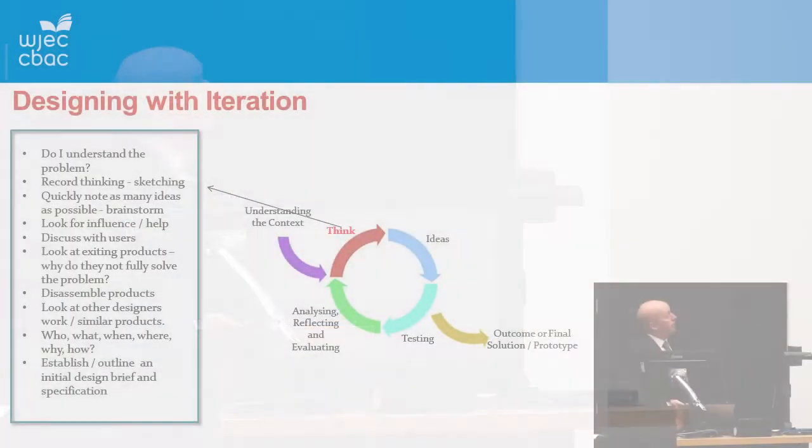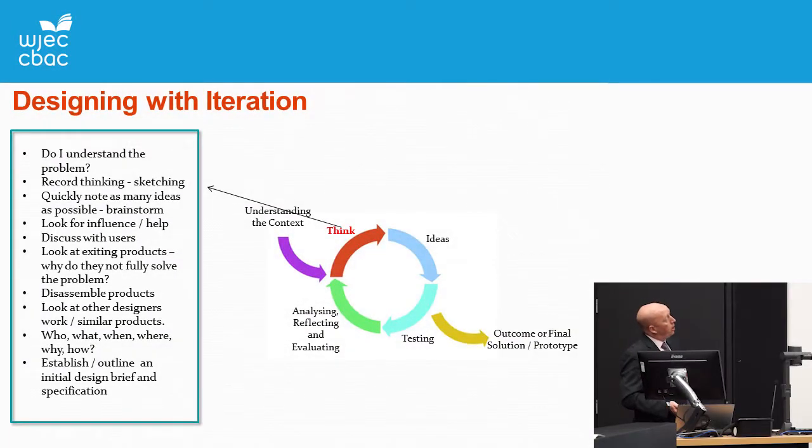So we've started off with a very broad range, a broad spectrum of possible ideas, and then we want to focus down now into one problem and go into that depth of understanding what that problem is and understanding the needs and wants of the target market. So do I understand the problem? Record thinking, sketching, and generate quick ideas, generate some